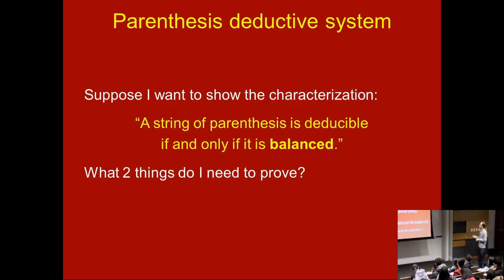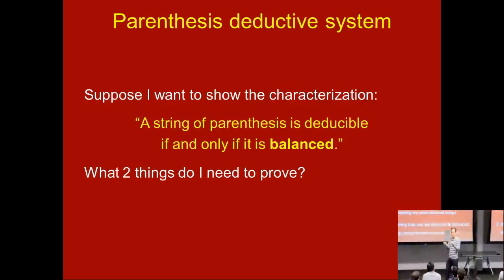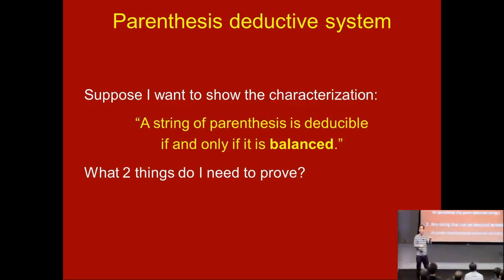And the other thing we have to prove is the converse, not the contrapositive, that every string of balanced parentheses can be deduced. This is a little bit like showing that you can get every number other than 1 or 3. Again, you have to give a recipe or an algorithm that says for each string of balanced parentheses, there is some way to get it by starting from the initial object and putting together the two rules.